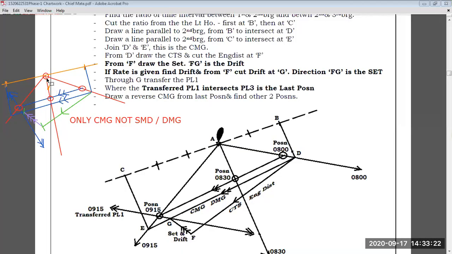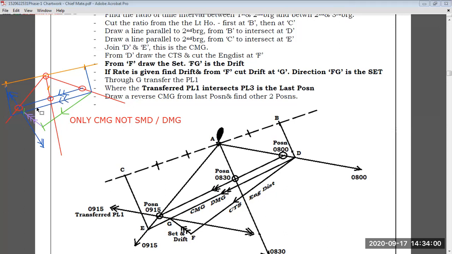So I just repeat the process. We plot all the three bearings and then we make a line perpendicular to the second bearing, and then we take the ratio of the timings and we cut the arcs on the corresponding sides and we join the line to the first and third bearings, and wherever they cut we join them, we get the course made good. We plot the course to steer from this point and we plot an arc of the engine speed. We put the rate set and wherever it cuts we get the rate and we get the speed made good. Course made good we already have.